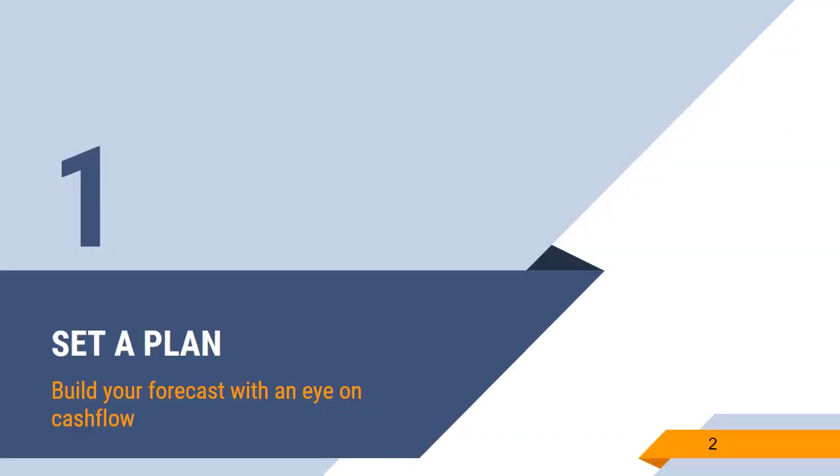So here's what we're going to do: set a plan. And when you set that plan, and this is one of the most common misconceptions about financials, about accounting, about creating a forecast, is that when you do it, you're going to have so many numbers and so many things that you can look at when you create that forecast the first time that it's going to be almost meaningless to you. It's going to have little to no value. And so the misconception is that that is what a forecast is, and so if you can't figure that out, you're out of luck. Unfortunately, that's how it's communicated to a lot of business owners,